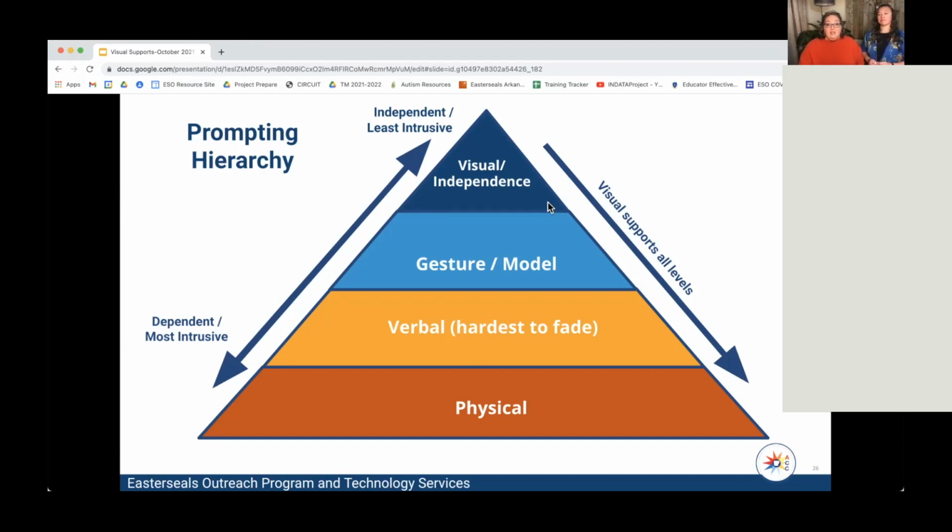Underneath that is verbal, which is the hardest to fade. And that's one of the messages that we hope you take away today: using visual supports reduces the verbal prompt. And what does a verbal prompt require? A teacher or a para. And we want our students to be independent. So think about how you can use visual prompts in your environment to reduce the verbal prompting,